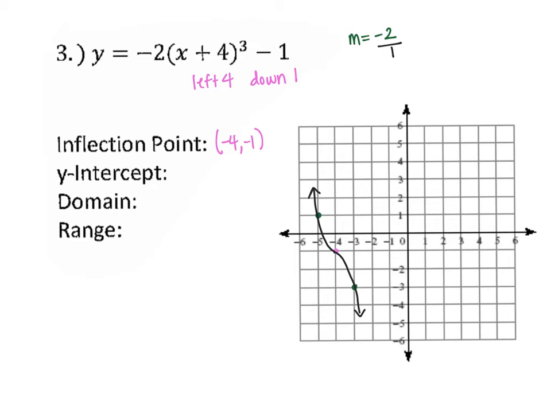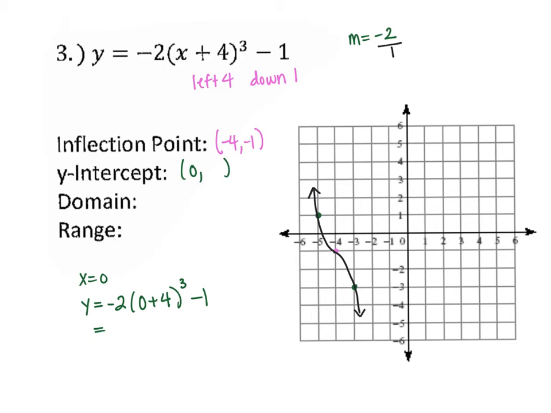Let's also find the y-intercept. Remember, the y-intercept, our x value is always 0. So if x is equal to 0, I need to find my y value. So I plug in 0 for x. So I'm going to set that up to find my y. So I have -2, plug in 0, so 0 plus 4 cubed minus 1. So if I work this out, remember PEMDAS, so you always want to work inside the parentheses first. So 0 plus 4 gives me,